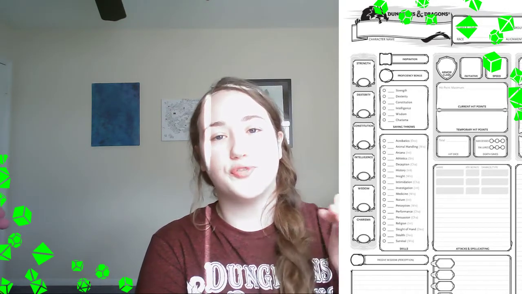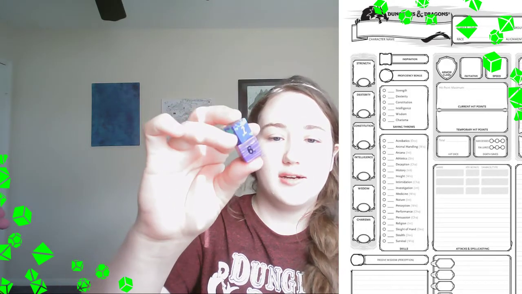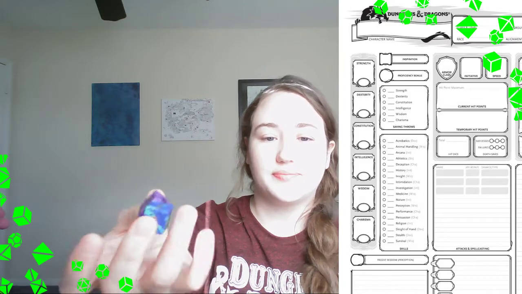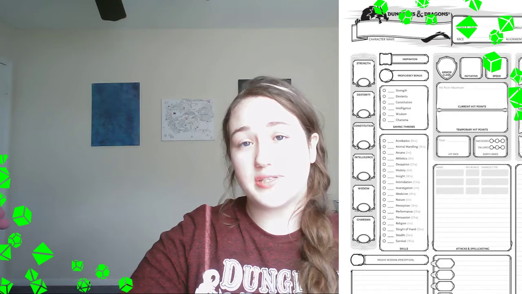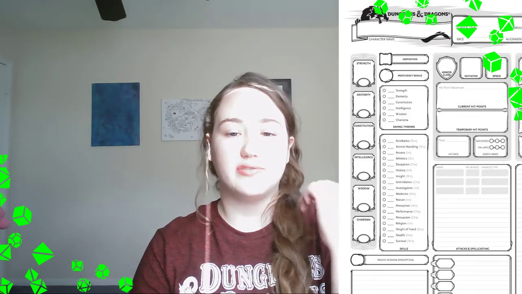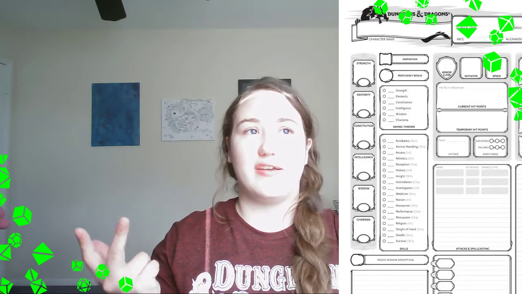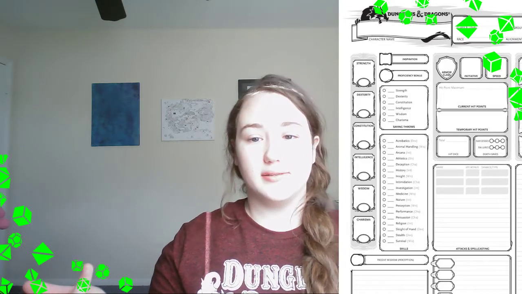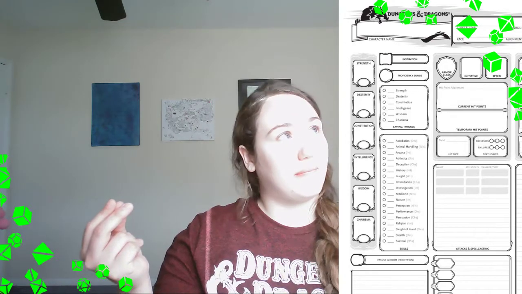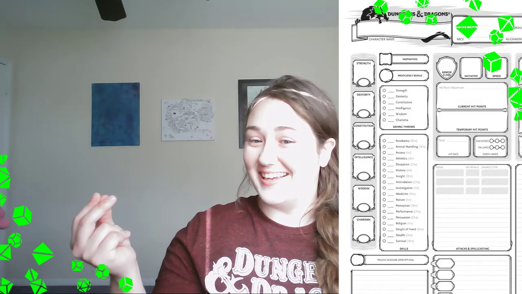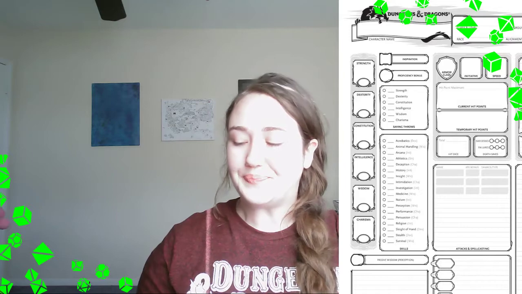So when you roll for these 6 stats, what you're going to do is take 4 d6s and roll them, and take the lowest one out. So you'll have 3 left. Say you roll a 6, a 2, a 5, and a 1. You'll take out the 1, and that'll leave you with 6, 5, and 2, which makes 13 as your stat. And you'll put that in whatever stat blocks you want.